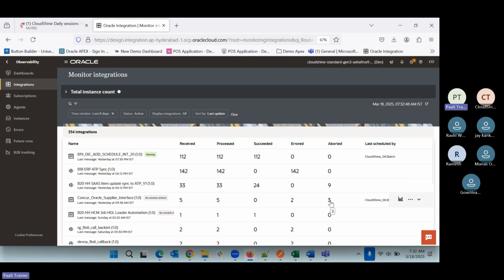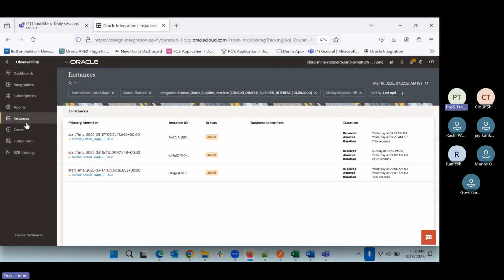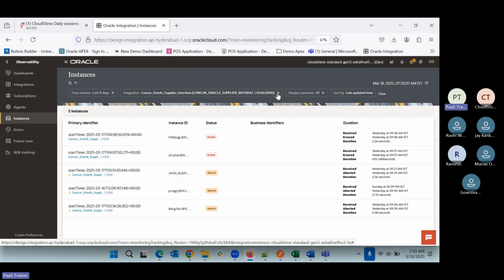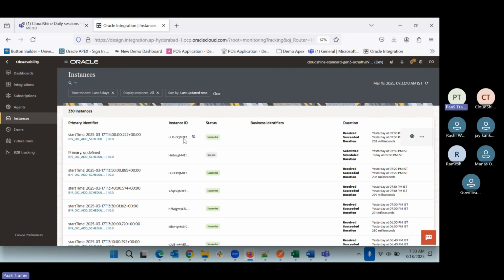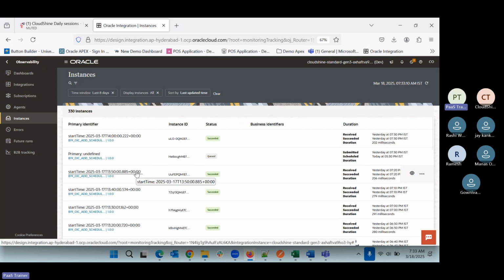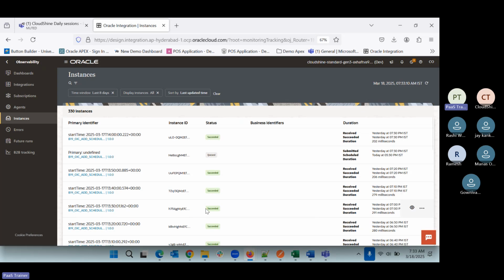If you want to see only aborted, this will go to the instances with the status aborted. You see the status is aborted and the integration is set. So if we want, we can come to this page directly. On instances, it will show you all the integrations, whatever is running, that whole information. It shows which integrations got run and what the status is. Because suppose if you are running,